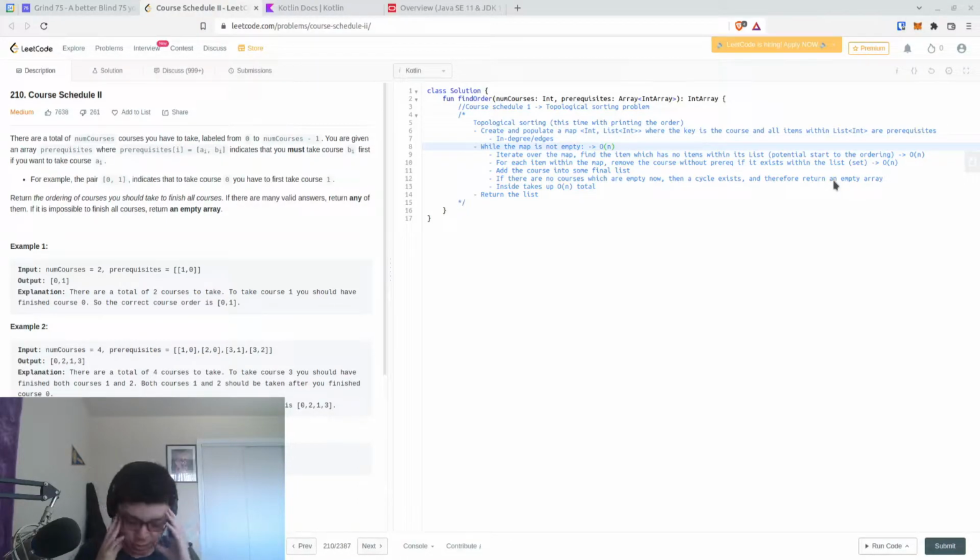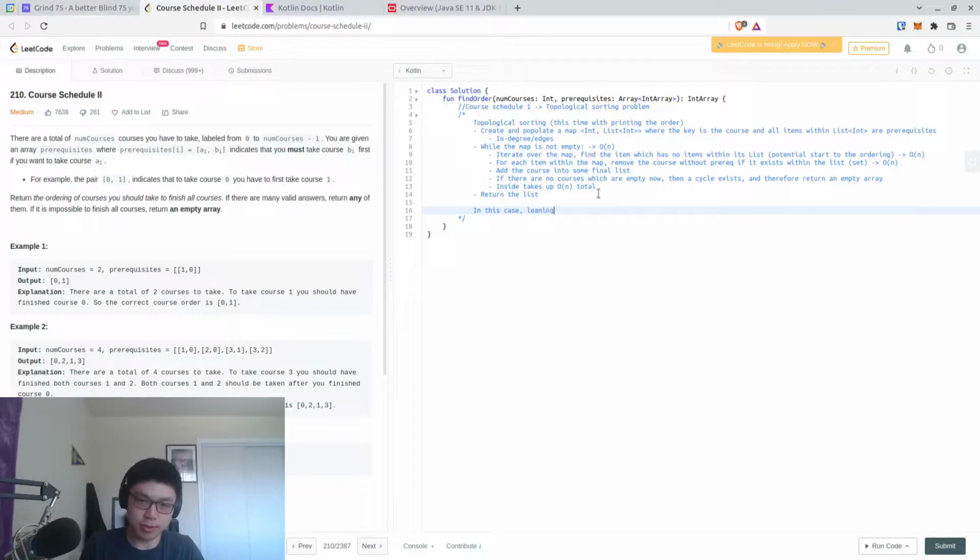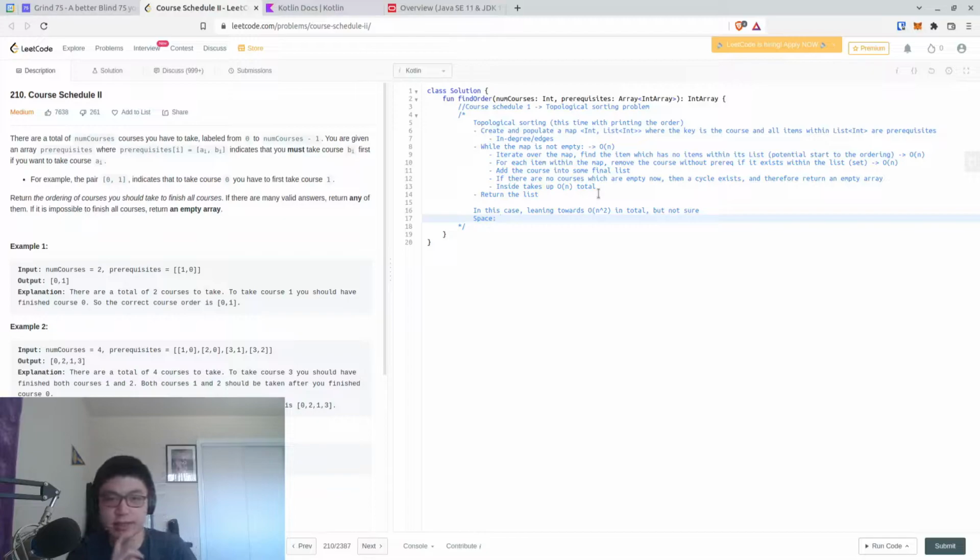No, that's total. That's aggregate. So I think in this case, I'm leaning towards O of n squared in total, but I'm not sure about this entirely. As for the space, we are also going to be using O of n space, just O of n space,